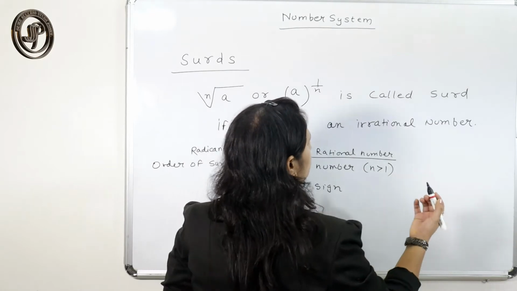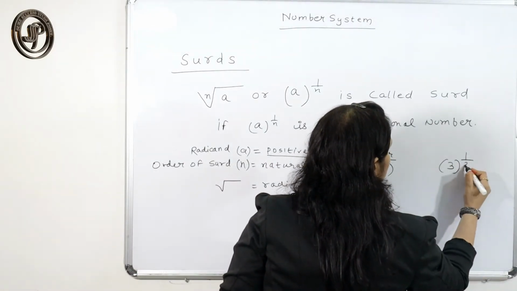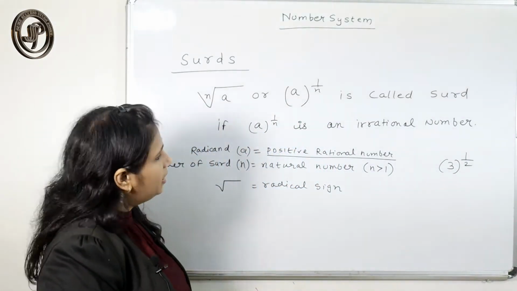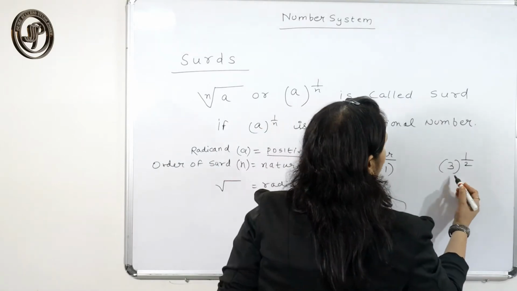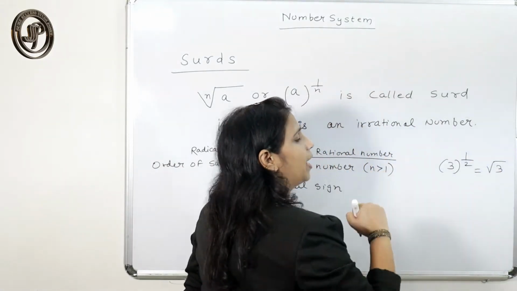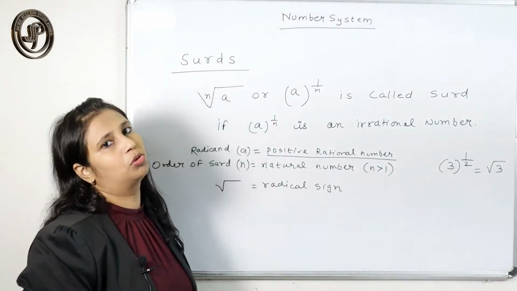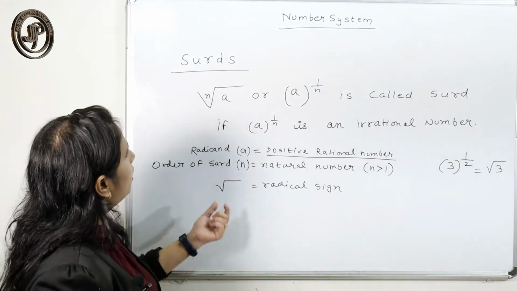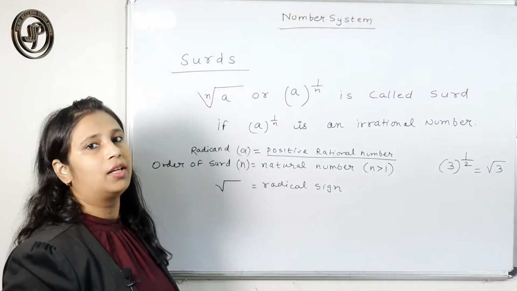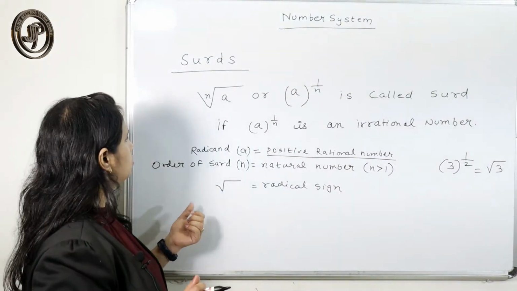Any number greater than 1 you can substitute. So I am going to put A as 3 and n is, suppose, 2. So is it a surd? Yes, this can be expressed. This is an irrational number, because I can write it this way. So this is a surd. So anything which you can write in this form and which is an irrational number is called a surd. First, the meaning of surd should be clear.